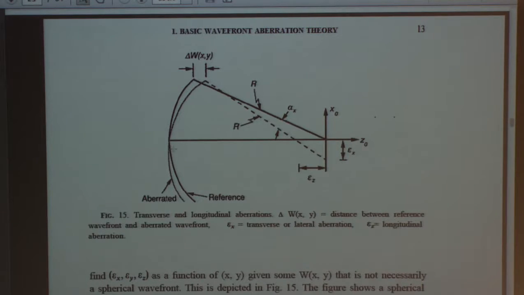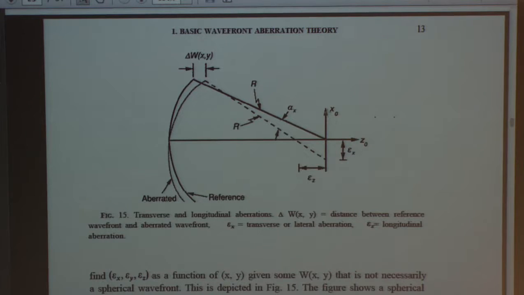Here's our perfect wavefront back here. Call that the reference. And then here's another wave, which is our aberrated wave, and it may not be a spherical wave at all. So the reference comes to focus right there, but at the edge of the pupil here, we have some aberration delta W. To the right, it would be positive. And so this light here, instead of coming to focus there, is crossing the z-axis there, a distance epsilon sub